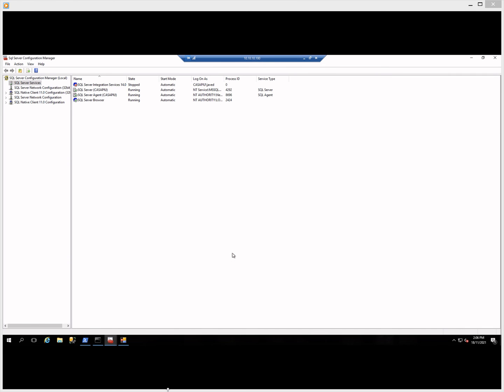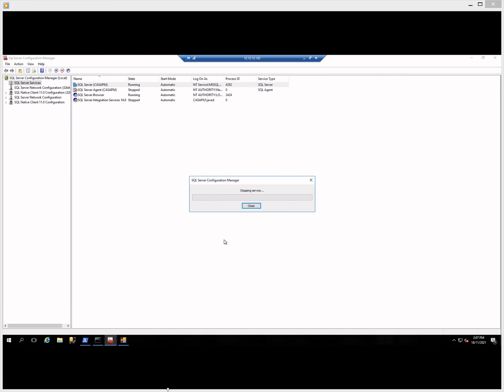After configuring this, I must restart the service, and before restarting I have to stop the Agent service so that it does not connect to the SQL Server during single user mode. Now I'm going to restart the SQL Server.